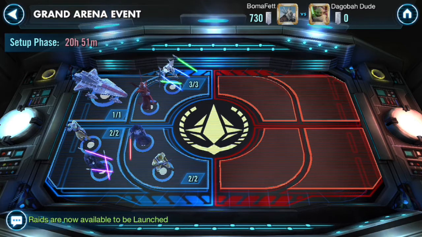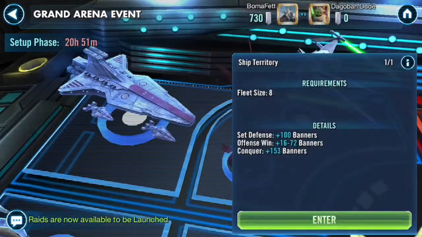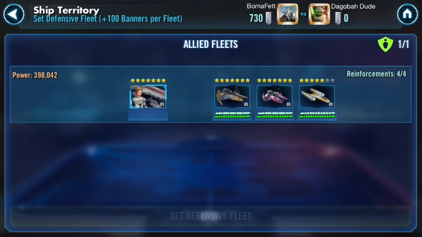You'll also notice that I put my Negotiator on defense. I don't normally do this, especially against an opponent who has a Negotiator, but according to his GAC history, he has never put his Negotiator on defense before. So I'm keeping my fingers crossed that that pattern holds, and he uses his Negotiator on offense and put something else on defense that I can take out with my home one. So definite gamble here. All right, so we'll come back tomorrow and we'll check out the defense that Dagobah dude